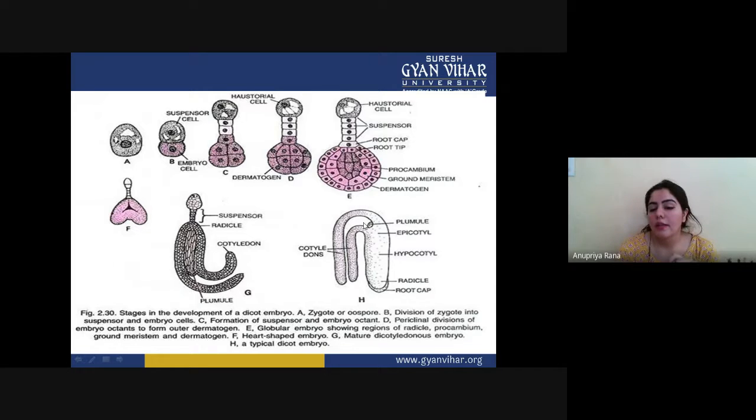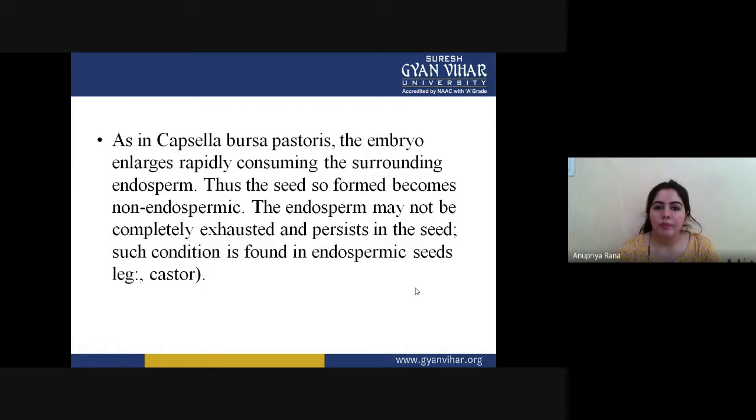The plumule is basically responsible for shoot formation, and the epicotyl and hypocotyl region is the zone in which the cotyledons are going to develop. They are just helping the cotyledons to develop, and the radicle, likewise, is going to convert into the root. So this is all about dicotyledon development.